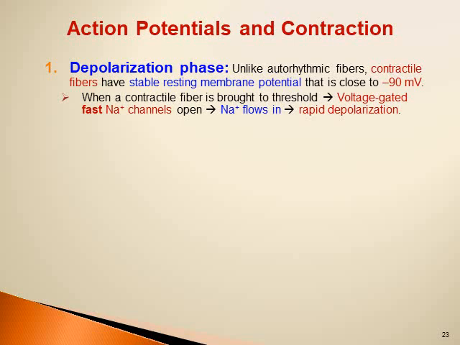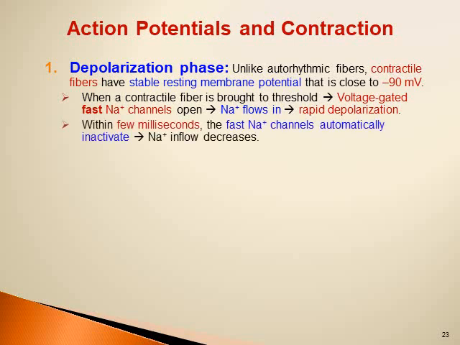via action potential that was transmitted from a conducting cell or autorhythmic cell through the gap junction, voltage gated fast sodium channels will open, sodium influx will happen. This will lead to rapid depolarization. Within a few milliseconds, the fast sodium channels automatically inactivate or close, so sodium inflow will decrease. In the plateau phase, the period of maintained depolarization,